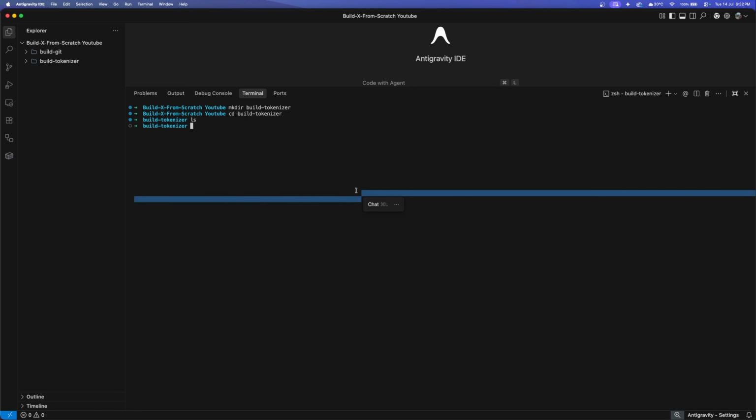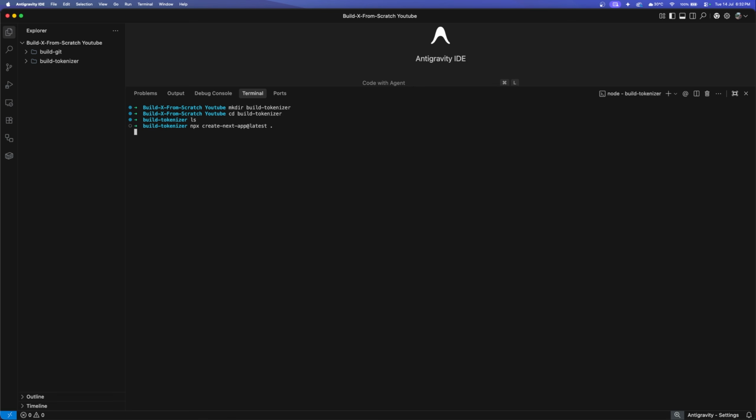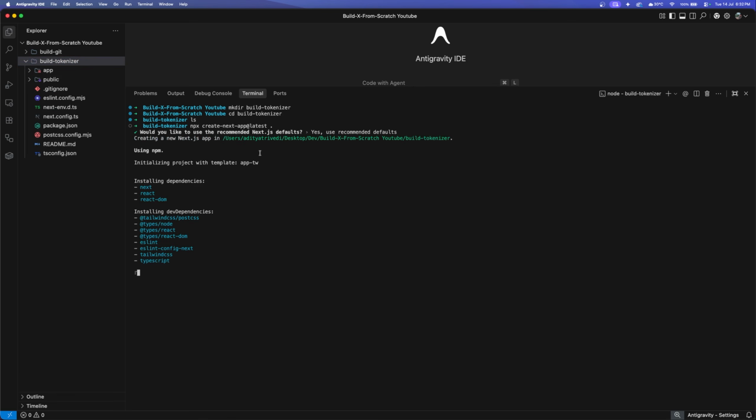So what we'll be doing here is we can say npx create-next-app@latest and dot. It will start creating, yes, we want to use the default methods. It will start creating or initializing the Next.js application. Okay. Till the time it is getting created, what we'll be doing here is first we'll be defining the types